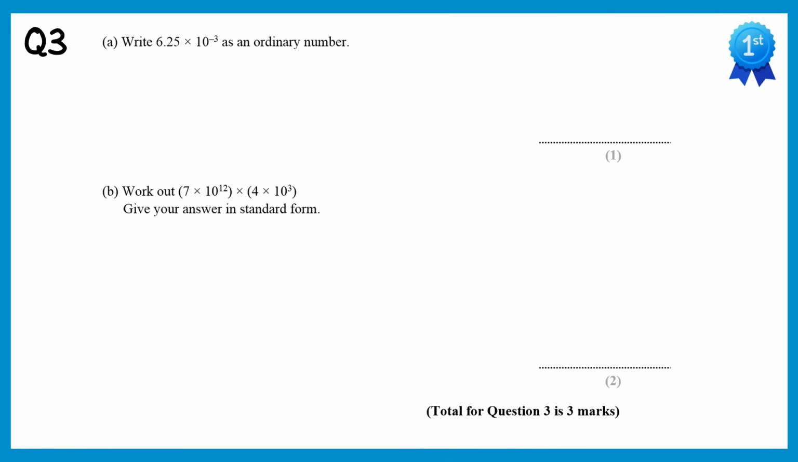In this question we have a number in standard form and we need to write it as an ordinary number. So start with 6.25 and then the power is 10 to the power negative 3. This means divide our number by 1000 or move the digits 3 places to the right. So let's move 1 place, a second place, and a third place. So we end up with